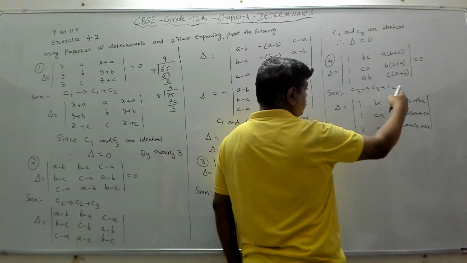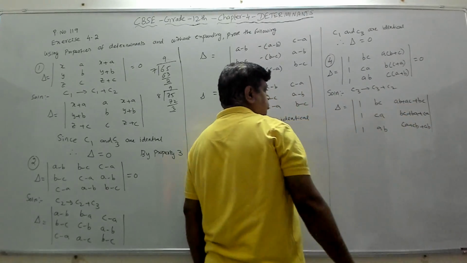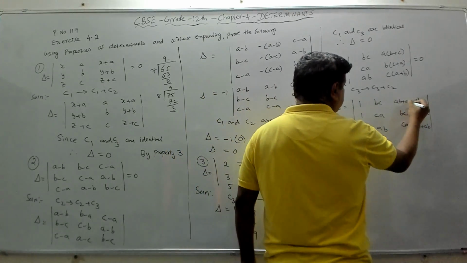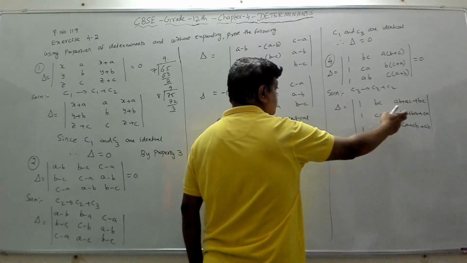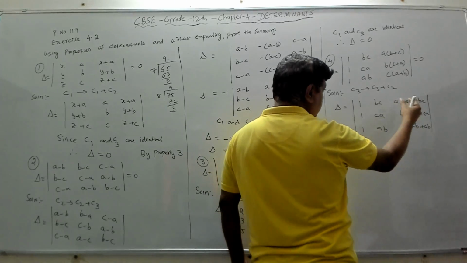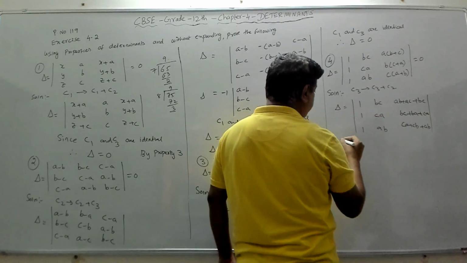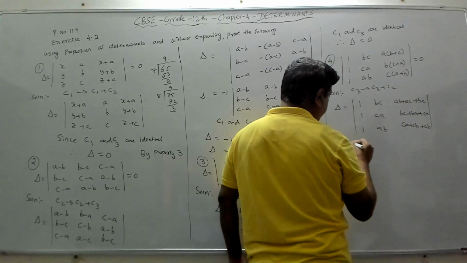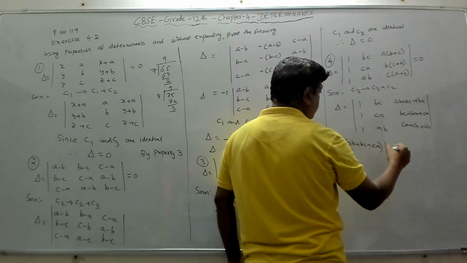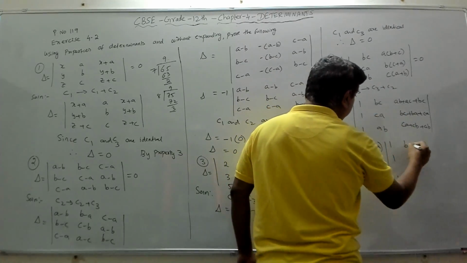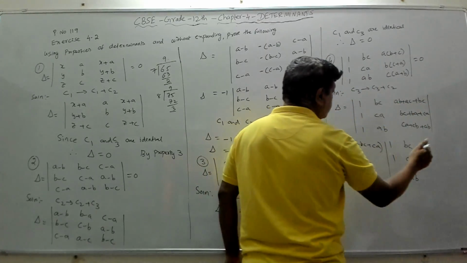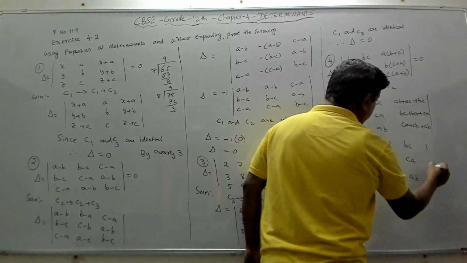Now if you observe, your column 3 is having the same element, AB plus BC plus CA, AB plus BC plus CA, AB plus BC plus CA. So if any particular row or a column has a number common, you can take that out of the determinant. So here I will take AB plus BC plus CA out of the determinant. Then it will become 1, 1, 1. Column 1 no change, column 2 no change. Column 3 will become, this is taken out, so it will become 1. Again this is taken out, 1. This is taken out, so 1.